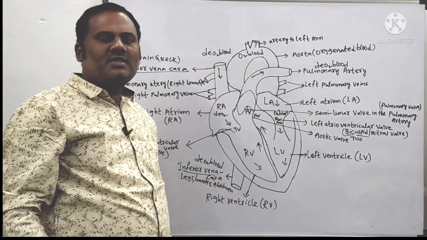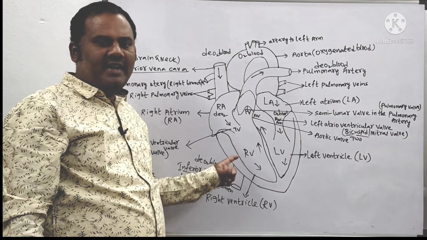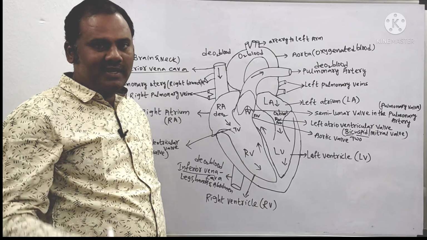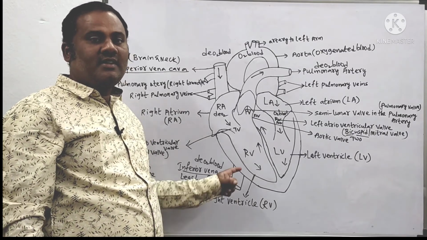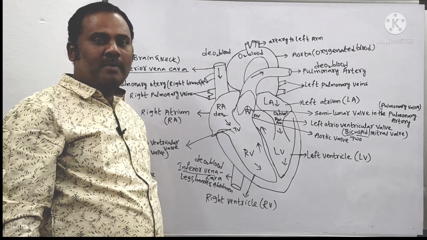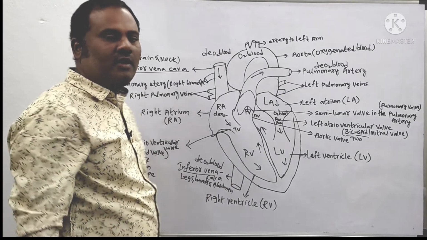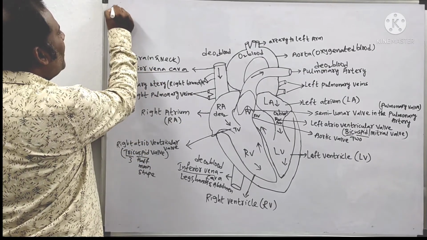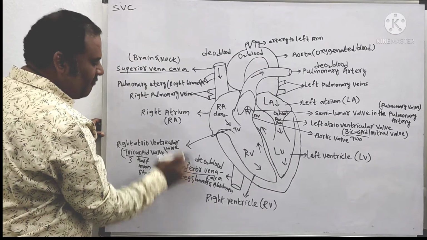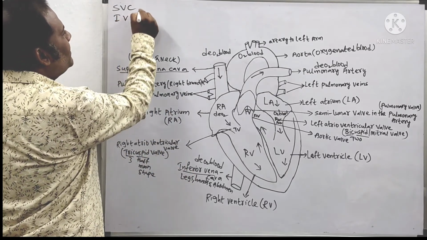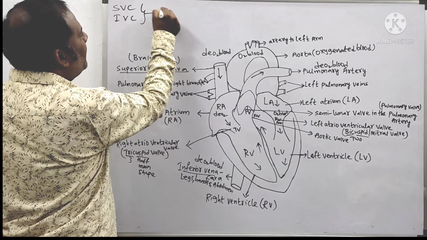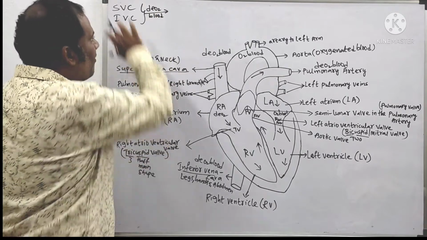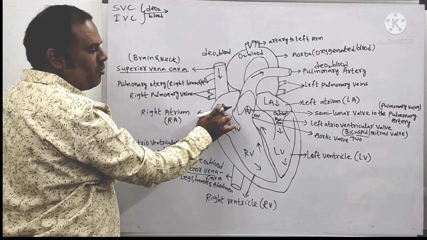This total process of circulation of blood inside the human heart, I am going to explain in a single sentence, Nana, with shortcuts. I think that will make it somewhat easier to remember this total concept. What is that? First you take the superior vena cava, abbreviated SVC, and next the inferior vena cava, IVC. Both are bringing deoxygenated blood from all the parts of the body, and they bring it into whom?